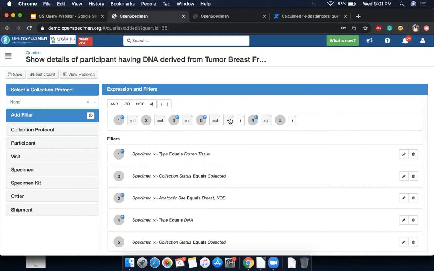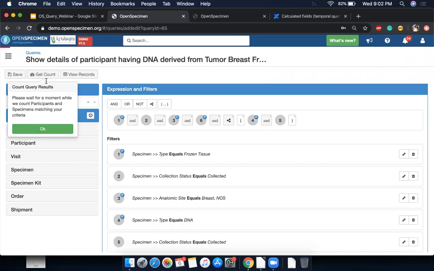Also note that this hierarchy is not just for the immediate child. It drills down to all the levels under that particular parent. So suppose this breast tumor tissue was a primary specimen. Then from the fresh tissue, there was a frozen tissue. From that, there were aliquots. And from that, there was DNA made. Even though there was so much hierarchy, it finds the child sample based on these conditions.